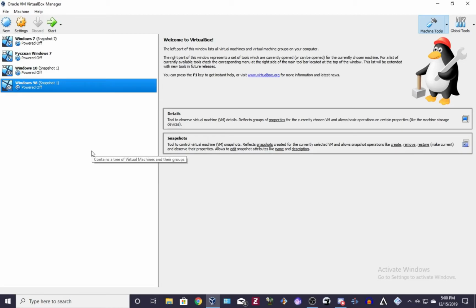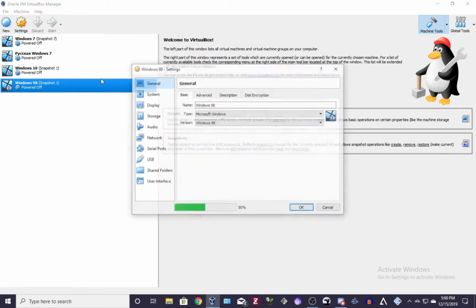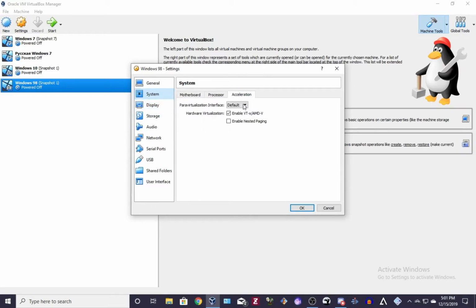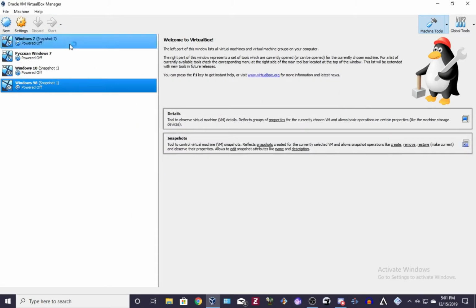Before we get into the command, let's do an example. So, I have this Windows 98 VM right here. The driver is on it, and VT-x and AMD-V are enabled. Now, I'm on an AMD processor, and normally, this would result in a Windows protection error due to the CPU